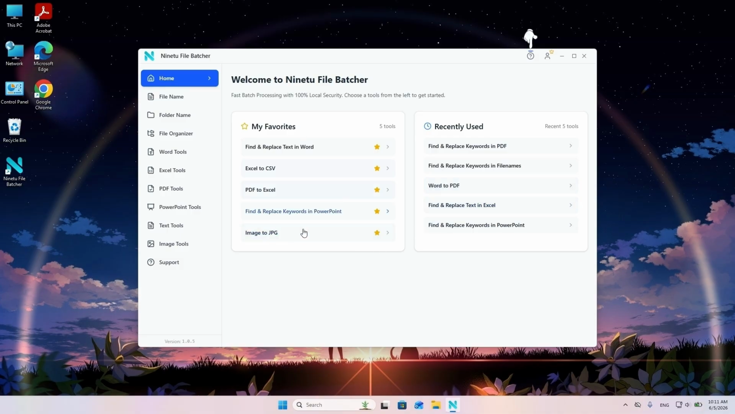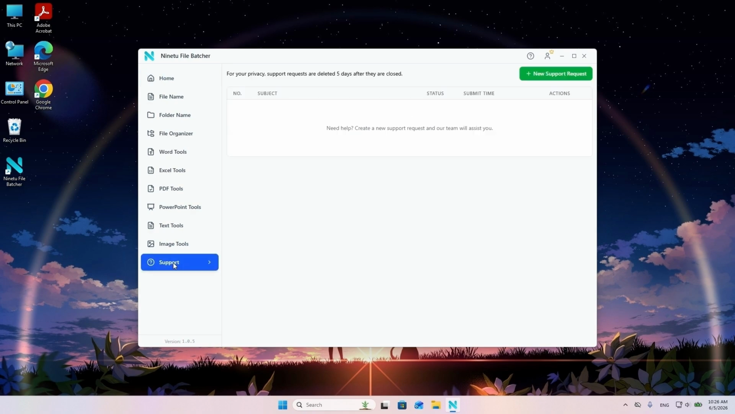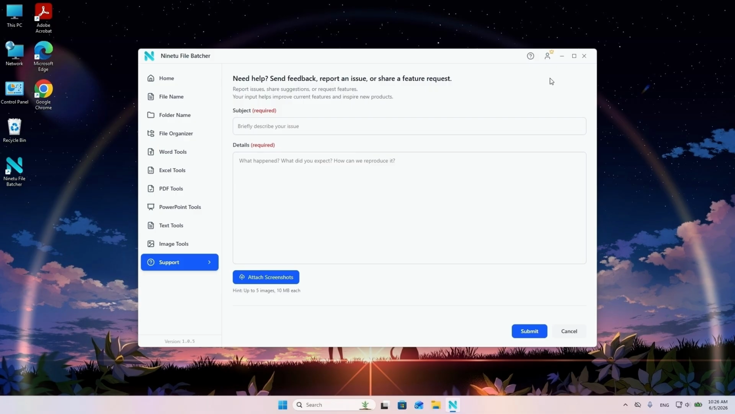Click the icon at the top right of the feature page to view the usage guide. If you run into any problems, open Support from the menu and click New Support Request. Enter a short subject and a detailed description of the issue, and attach screenshots if possible to help us diagnose